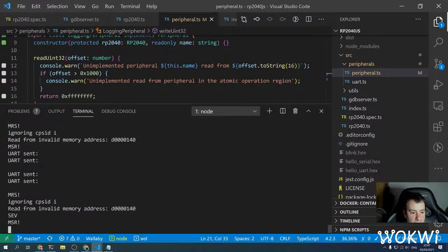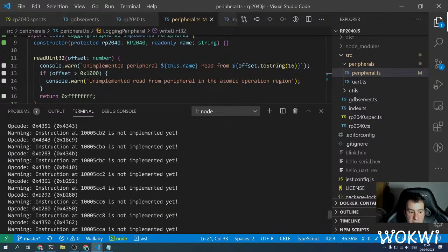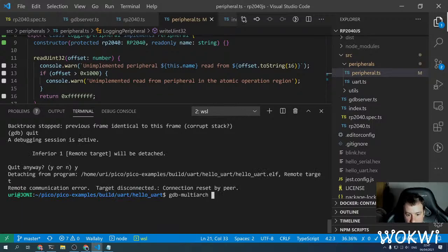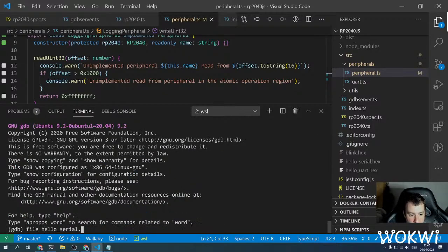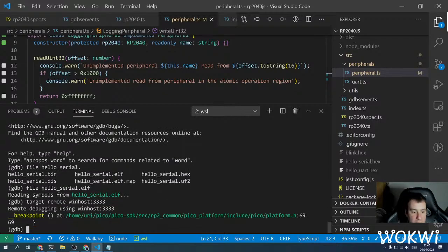And now let's try to take a look at the timers. What's going on? First of all, there is this missing instruction. There are a bunch of them. So let's try to connect with GDB and see what's going on. We have GDB already. We just need to load a different file. Hello world cd. That's the serial one. And then we can file hello serial.elf. Target remote localhost:3333. Debugging,